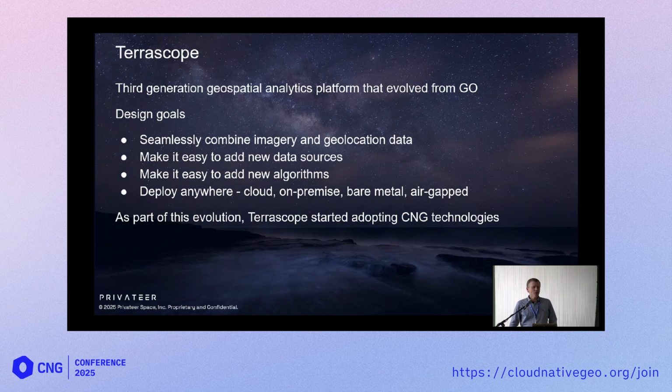So Terrascope has grown. Orbital was founded 12 years ago, and I've been at Orbital for about 3.5 years. I'm the chief architect, and what I came on to do was basically build Terrascope. And Terrascope is based on the learnings from the previous platform, which was called Go, which was based on learnings